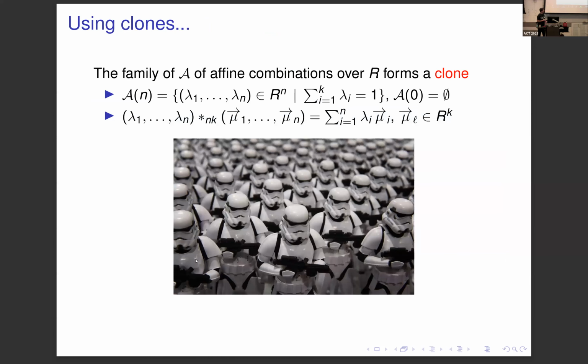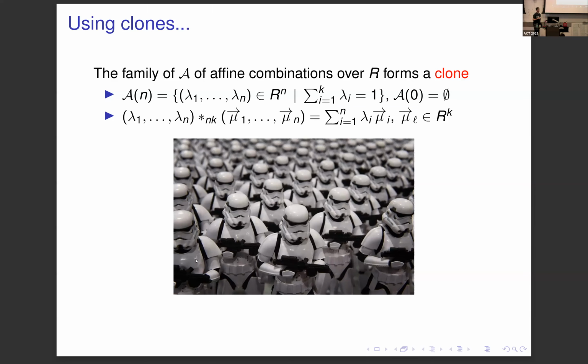Right, so now I said, let's look at how to level it up. The first observation, if you dig around a little bit, is to ask what this collection of affine combinations really is. Well, they form a clone. Now I'm going to spare you the formal definition of what that is. Let me just give you a few examples. Maybe I can throw in a word for those of you who are familiar with operads: this would be a Cartesian operad. So this is an equivalent way of looking at a clone.